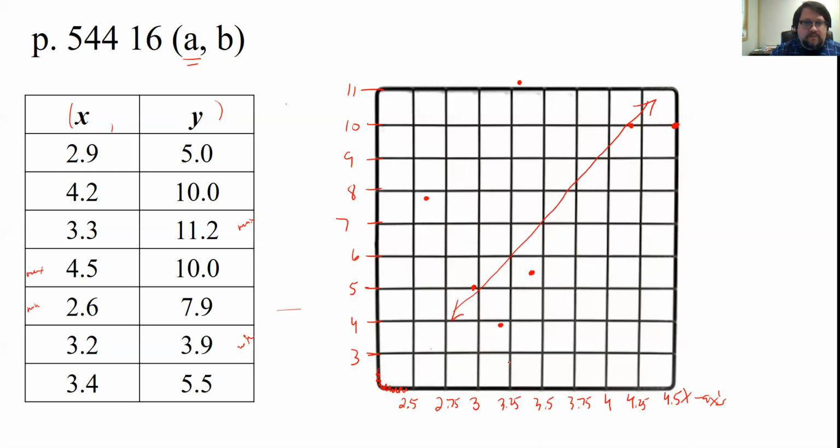But I think for that data, I'm trying to get some of the data above, some of the data below. It might be it should be a little bit steeper. I don't know. Just do your best. Try to get in the middle somewhere. Okay. So B,